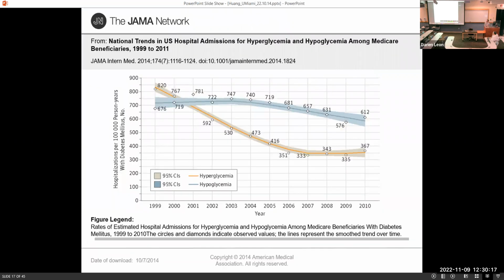This is another graphic from a different kind of data set. This is data coming from Medicare claims. So real world data can come from health systems, and real world data can come from insurance claims. In some ways I'm demonstrating to you the power of these different data sets. This is a trend analysis showing the rates of hospitalizations for hypoglycemia, in blue, and hyperglycemia, in yellow, for the whole country's Medicare beneficiaries. That's the other thing about Medicare or Medicaid claims: sometimes you can study a whole state, you can study a whole country.